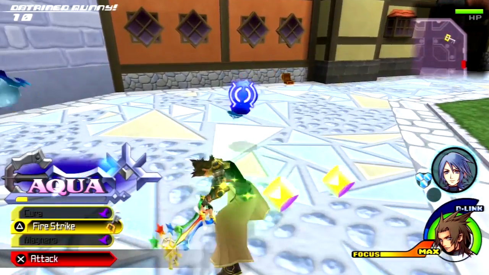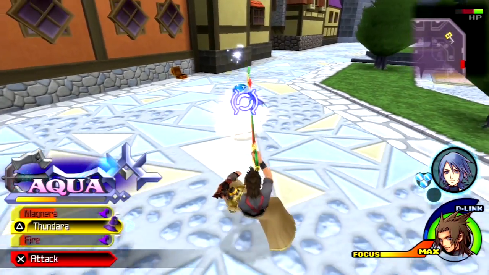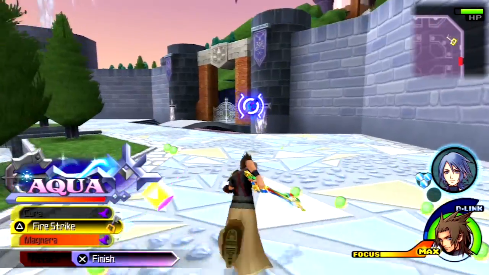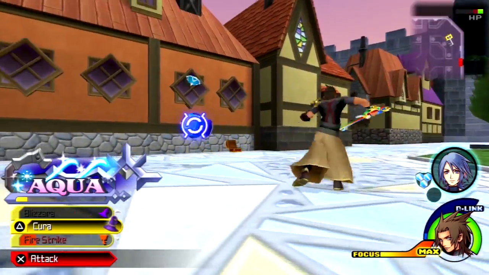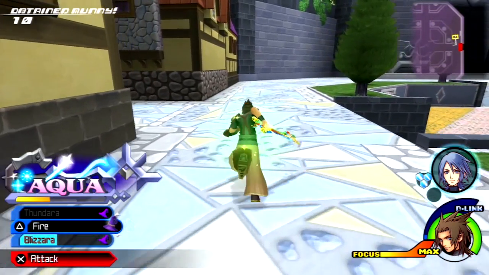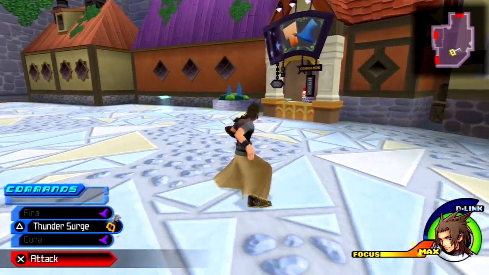There we go. Gather. Freeze. Fire. Thunder. There you go. Want some? Come on, give me an emblem. Give me an emblem. Freeze. Oh. One thing I can, oh, never mind. I guess I can't do it here. I can't. Actually,